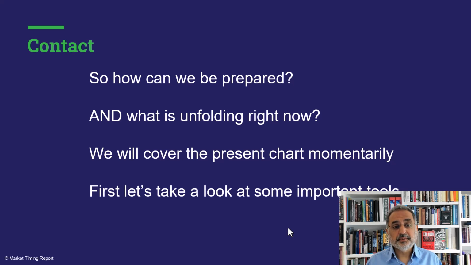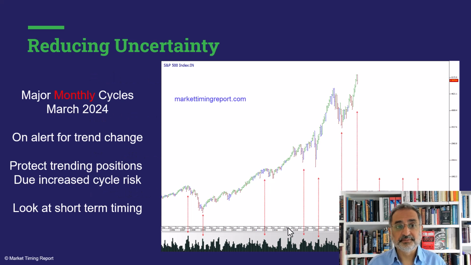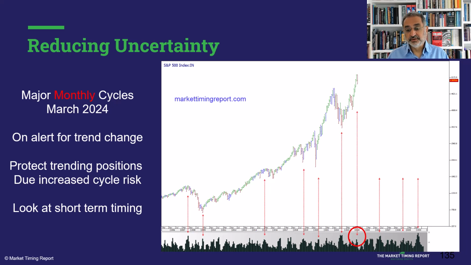So how can we be prepared, and what is unfolding right now? Well, I'm going to cover the latest chart right now, but I want to bring in some cycles, some tools here. What we do is we look at how big cycles come together, and we stack them. And they're shown underneath this chart as histograms. So where the histograms spike, we can expect or be ready for a turn. It just puts the odds in our favor. It's all about reducing uncertainty. But most importantly,